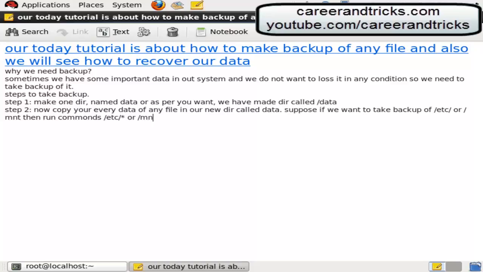Here the asterisk sign is used for all data. Like if you have a directory /etc/abc/rohit and you want to copy every bit of data, then you can use the asterisk. Here the asterisk sign indicates that we are copying every data.